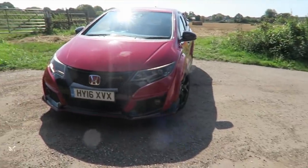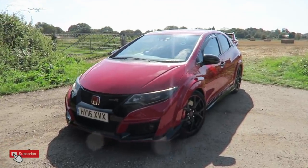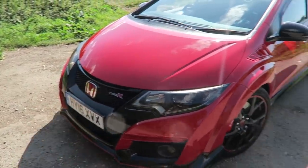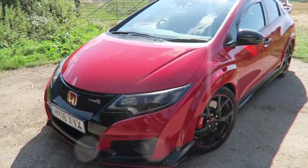So guys, beautiful day. Let's have a quick look round this FK2 Type R. Now, AMD tuned, 370 brake horsepower, but I want to walk you through this car because I love the styling. A lot of people don't. I understand why. It's cool, but I like my Japanese stuff and I love crazy looking cars, especially that come